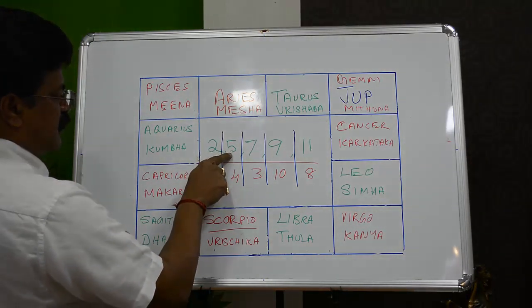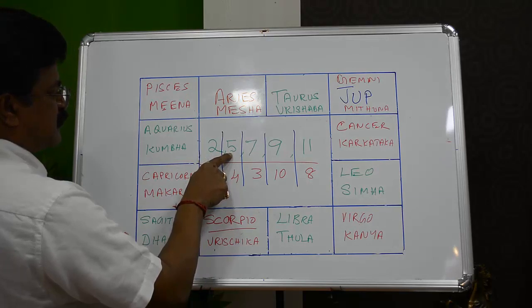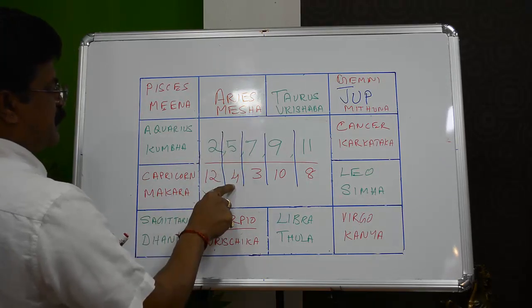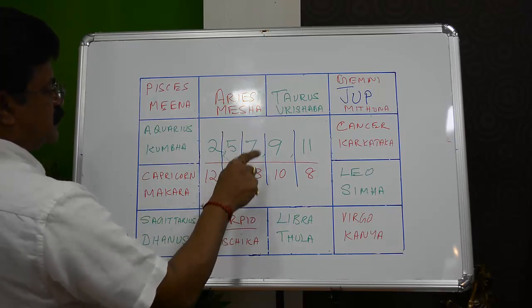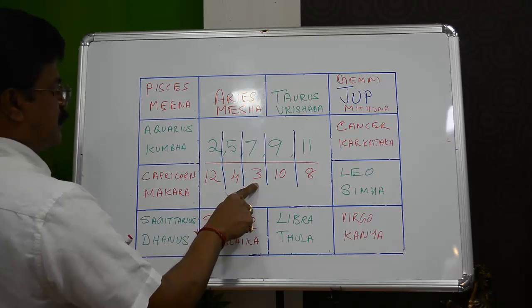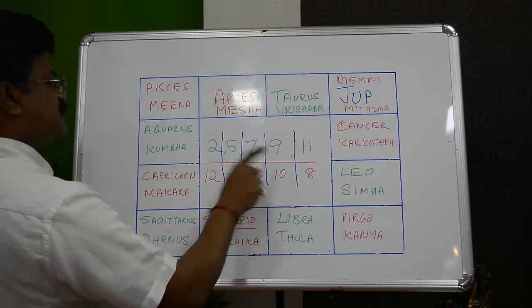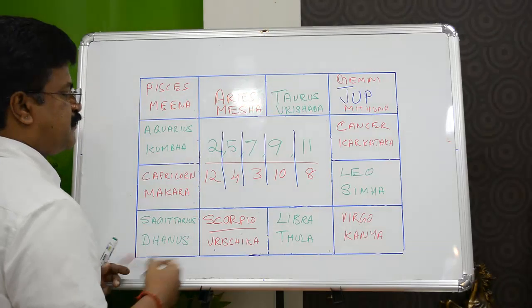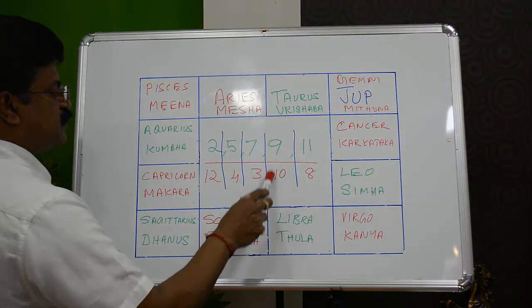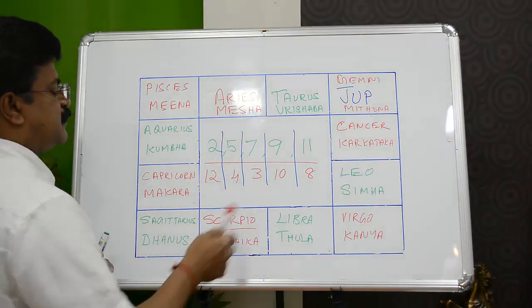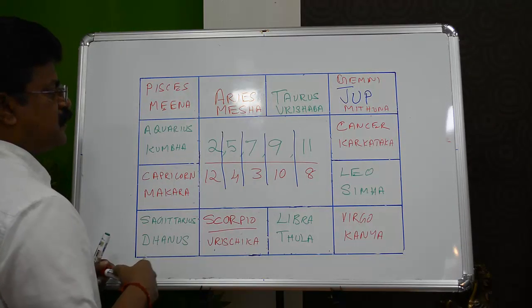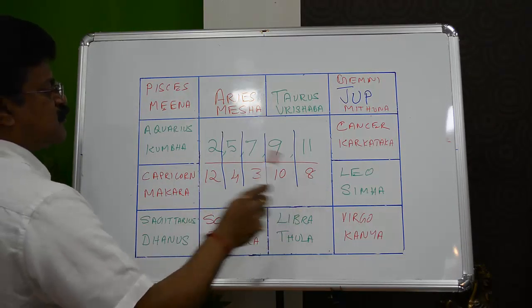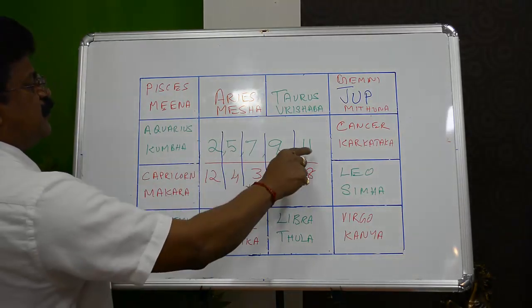You will not get the good results expected of the transit of Jupiter over your 5th house if at the same time there is a planet in your 4th. In the same way, the 7th house gets obstructed when a planet is in the 3rd house from your moon sign. The transit of Jupiter over the 9th house will be ineffective during times when the 10th house from your moon sign is occupied by any planet. And in the same way, if you have Jupiter moving in the 11th house, then watch out whenever planets are in the 8th house during that time interval, you will not get the good results of the 11th house.